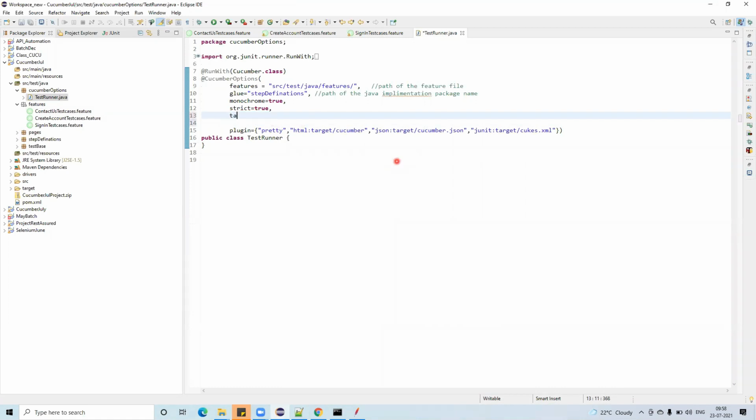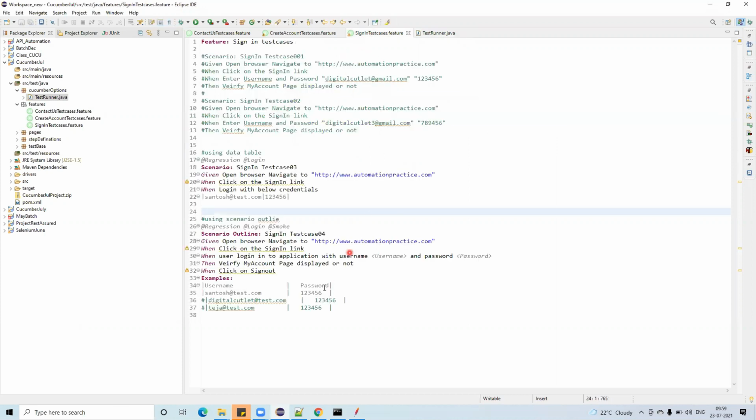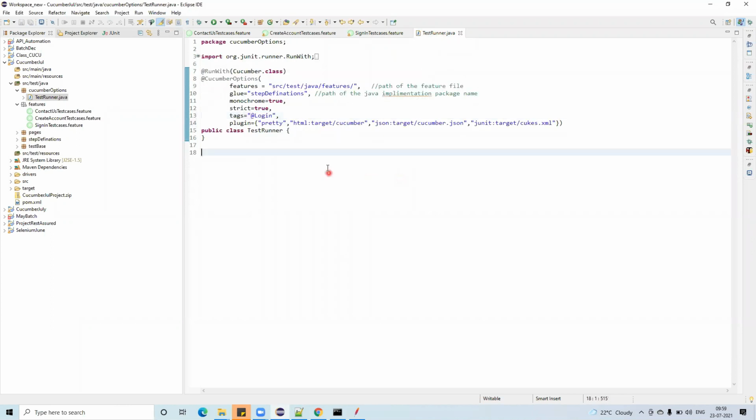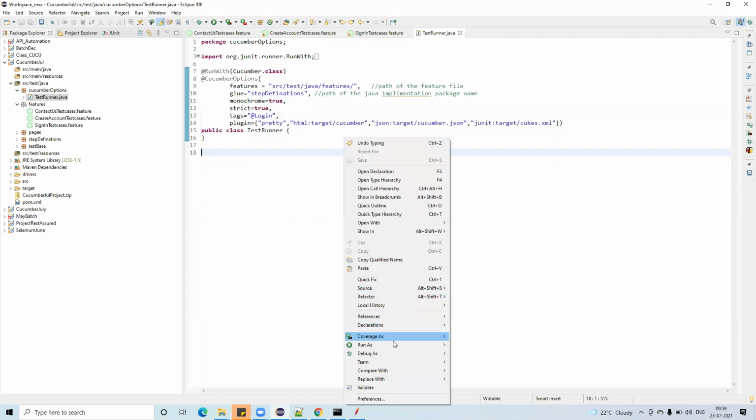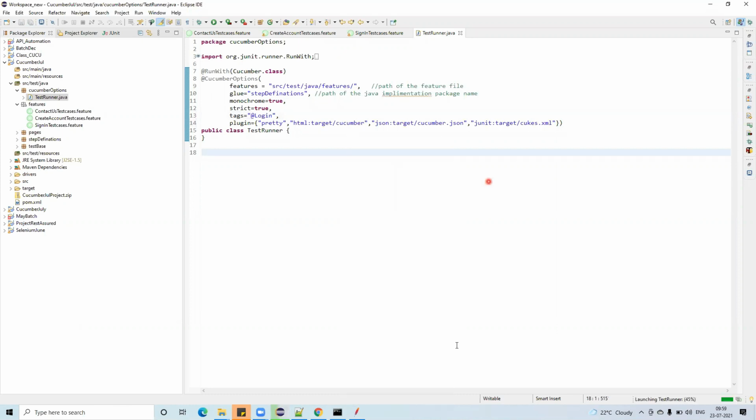Tags equals, I wanted to run the login test cases. Remember, spellings are case sensitive. Let me check whether I have it; yes, login with capital L is available. These two test cases will run. So now right click on this and click on run.